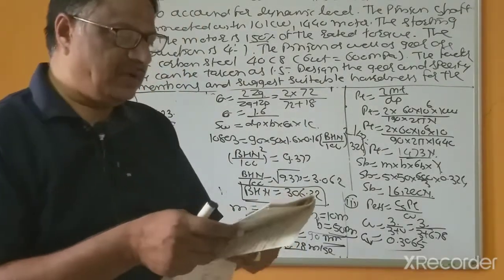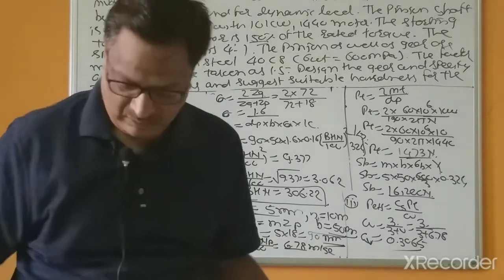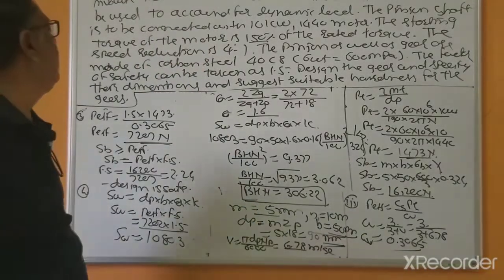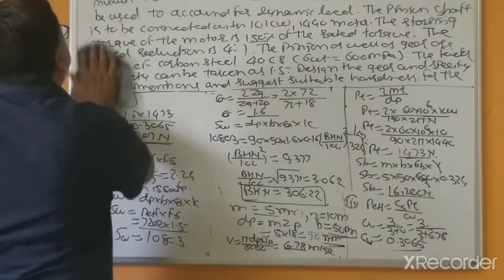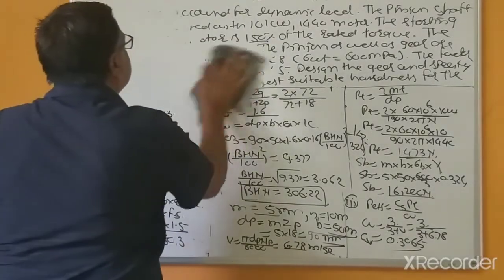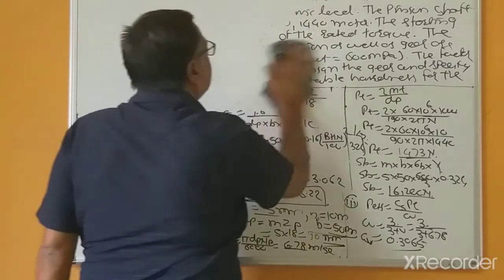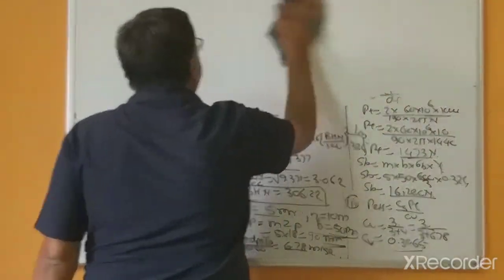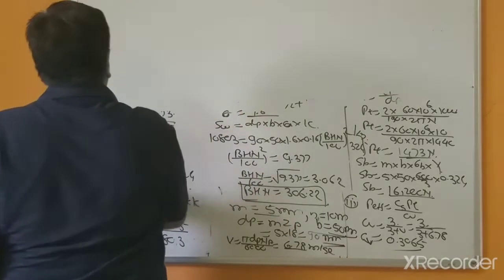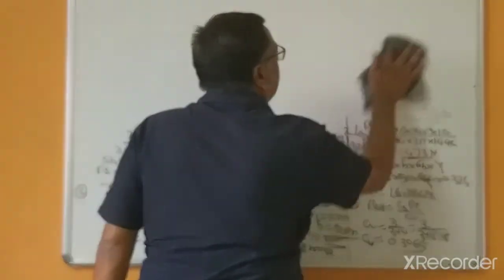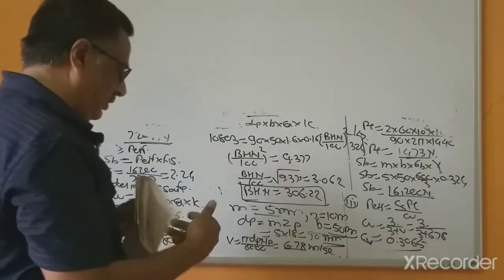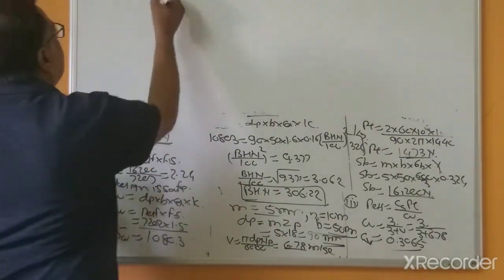So in the next problem, I will write the descriptive theory about the problem on the right hand side, and we will use this space for data, so that we will get more space to solve the problem.